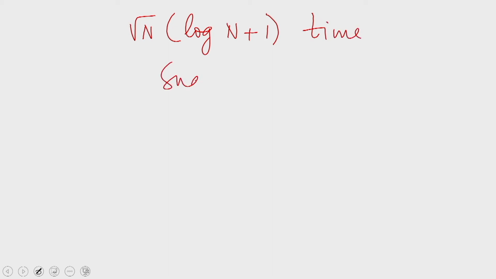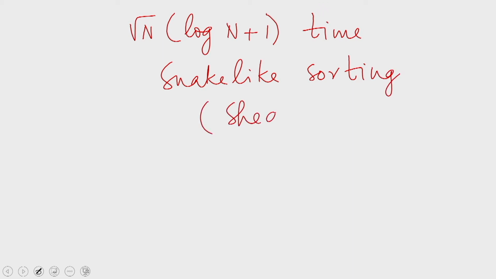So in the last class, we saw an algorithm that runs in root n times log of n plus 1 time. This algorithm was called shear sort. So in our algorithm of today, shear sort will be used as a subroutine. So this algorithm we saw in the last class. So in the present algorithm, what we do is this. In step 1,